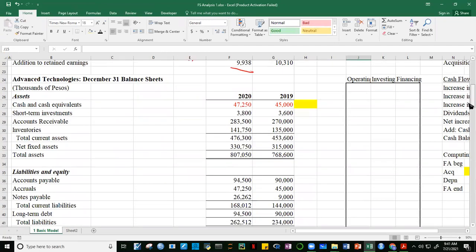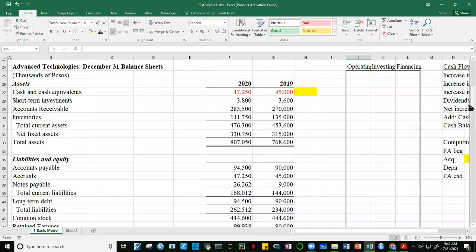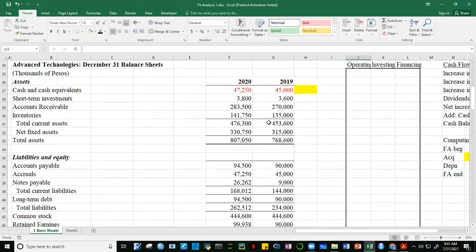So let's now go to our balance sheet. Okay, our balance sheet, where we know that it consists of your assets and your liabilities plus equity. So in 2020, yung assets ni Advanced Technologies, you have cash and cash equivalents, 47,250, short-term investments, 3,800, accounts receivable, 283,500. Okay, yung binanggit ko kanina, guys, for full disclosure,